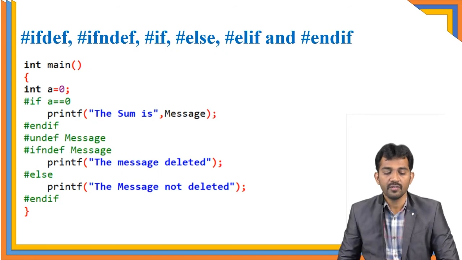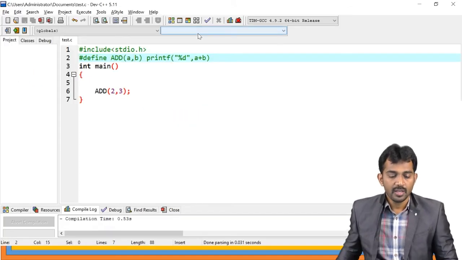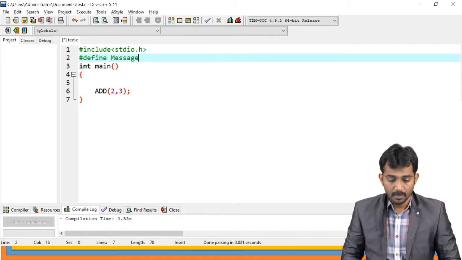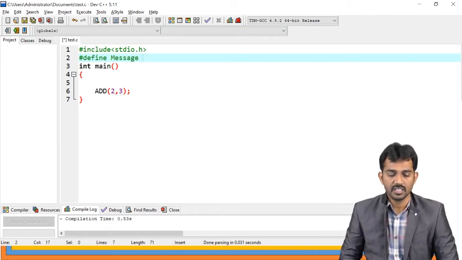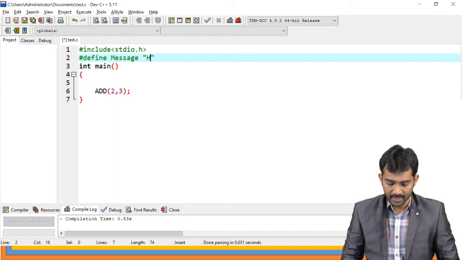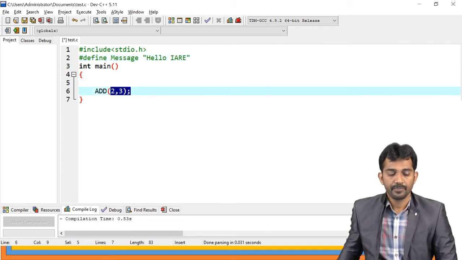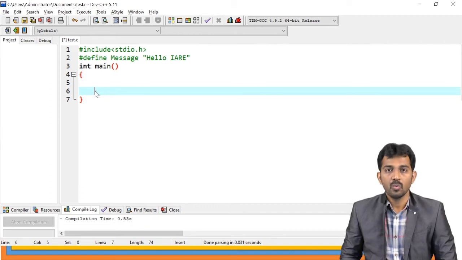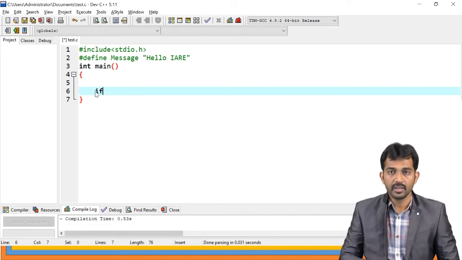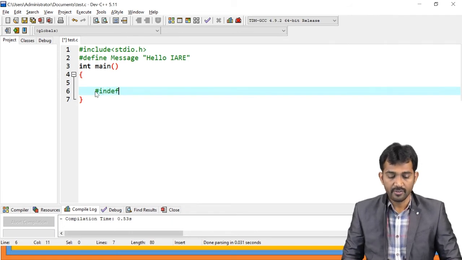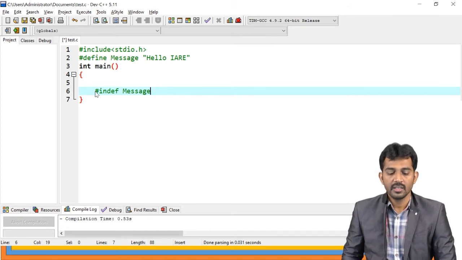And coming to ifdef and ifndef. For example, observe clearly here, message is defined, right? Message is defined. So, hello IRE, hello IRE, right? See, what I'm going to do here, #ifdef of message, right?